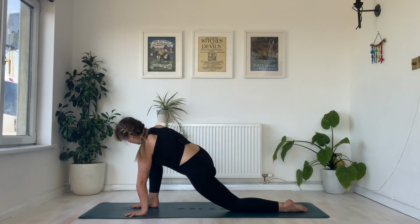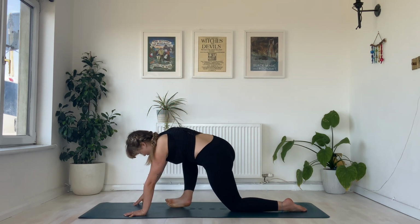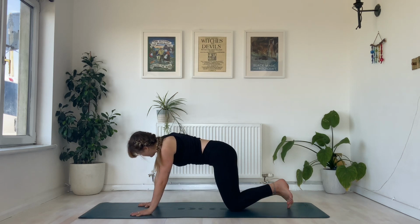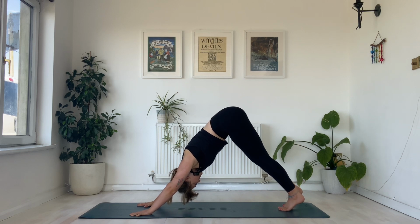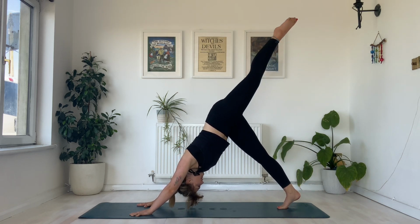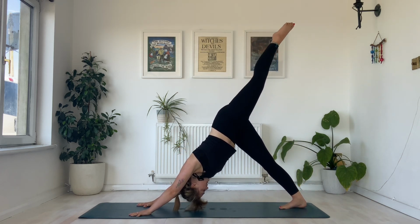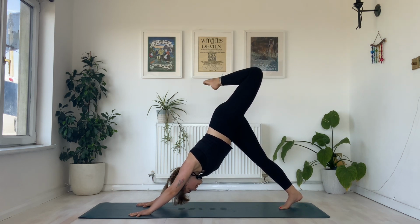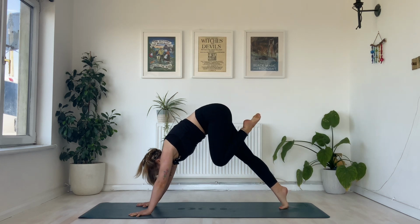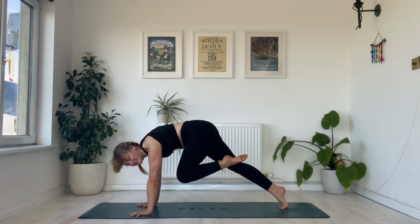And with control, placing the right hand down, move back into your tabletop and then tuck those toes, come back to down dog. Immediately bringing those big toes together, you're going to inhale to sweep the left leg up to the sky, come to your 3-legged down dog. Inhale. And then exhale to bring this knee into the chest, move yourself all the way into your plank, and